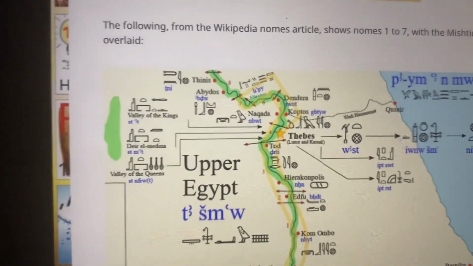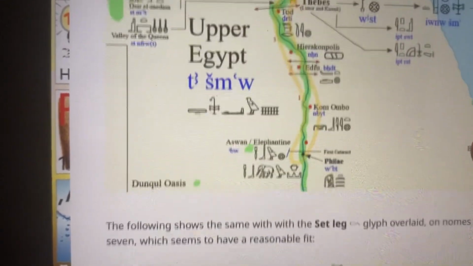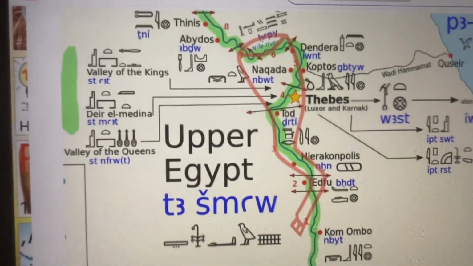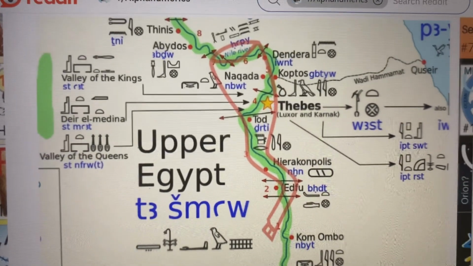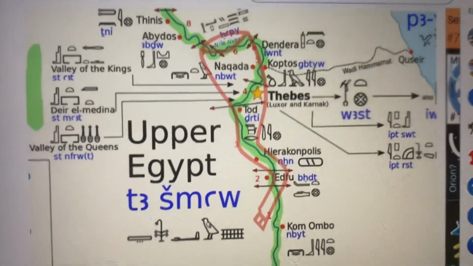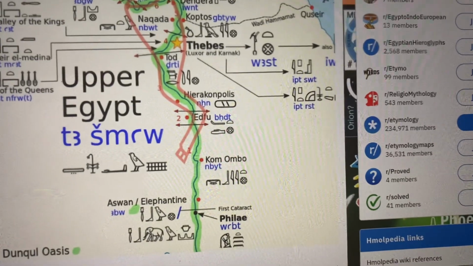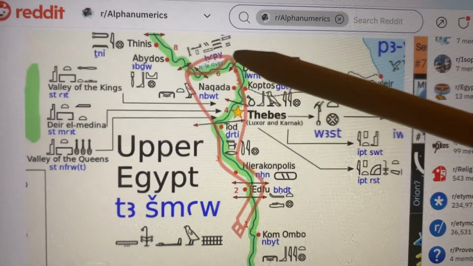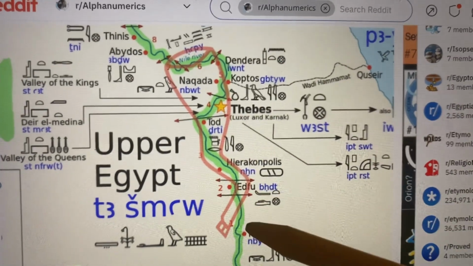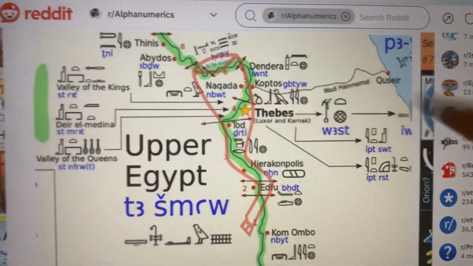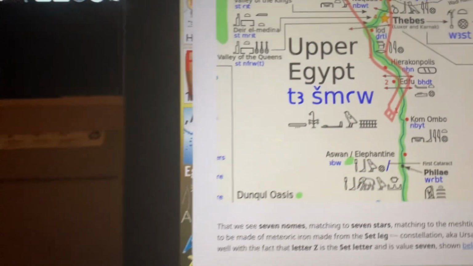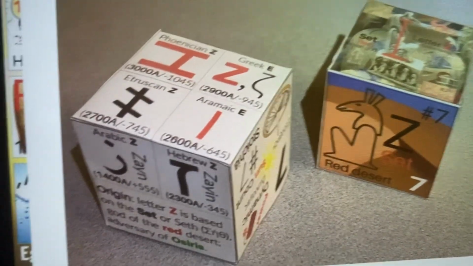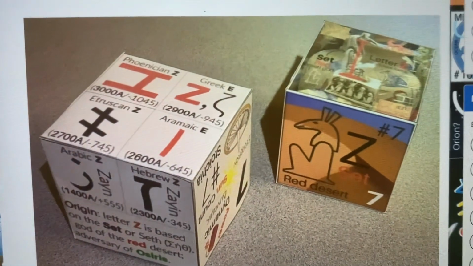So here we see the mouth opening tool overlaid, and here we see leg of Set overlaid likewise, gnomes 1 through 7. Now leg of Set, the 7 gnomes, counting here 1, 2, 3, 4 up to 7, is also known as iron, and Set has been decoded as the 7th letter. So this is another match